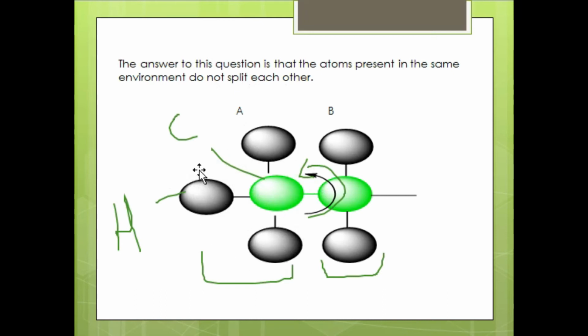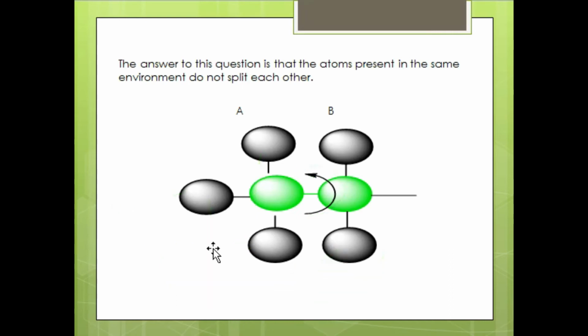As these hydrogens rotate and interact with these two hydrogens again and again, these rotations are so fast that each type of hydrogen is considered as one. These three hydrogens, 1, 2 and 3, are considered as one for this methyl group. We consider this as a methyl group because the rotation of these three hydrogens is so fast that these two hydrogens consider this as one. Obviously these are three, but they are considered as one because of fast rotation at room temperature.